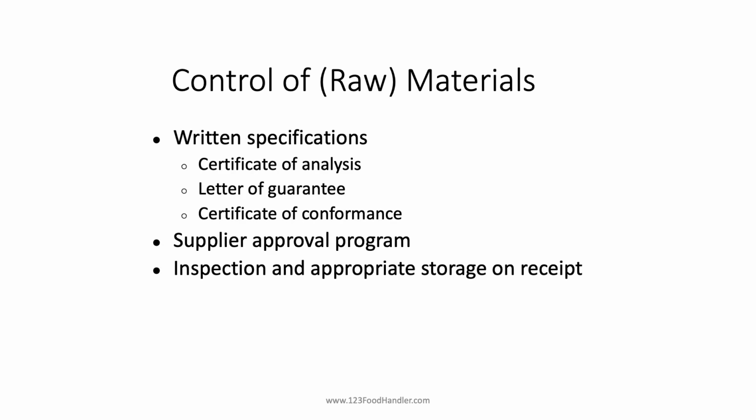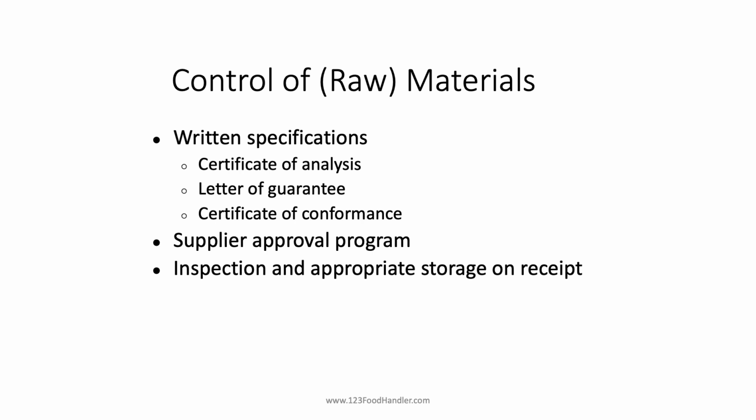So it's important we create a program or a policy where we're controlling our raw materials, our ingredients, establishing written specifications, including certificate of analysis or letters of guarantee, and sometimes we might even establish some type of certificate of conformance policy. These supplier approval programs are going to be so important. Go back all the way to the farm and help us maintain safety all the way to the table. Let's get an inspection and appropriate storage program when we receive all these raw materials and ingredients, being sure to segregate, being sure to be mindful of cross-contamination,